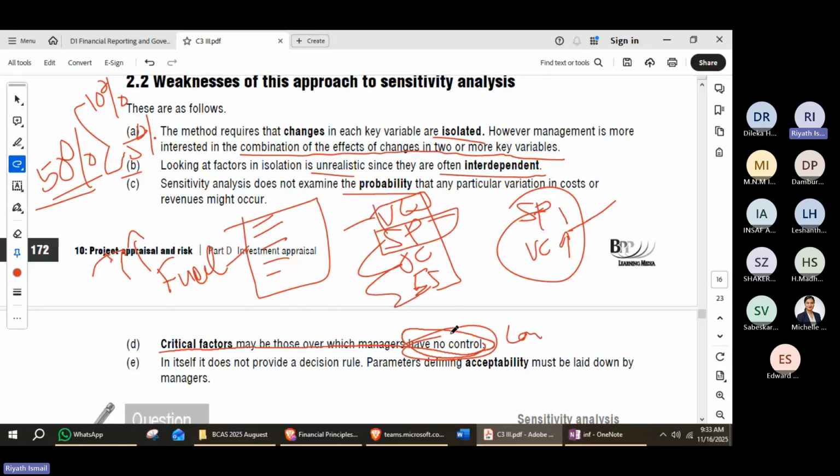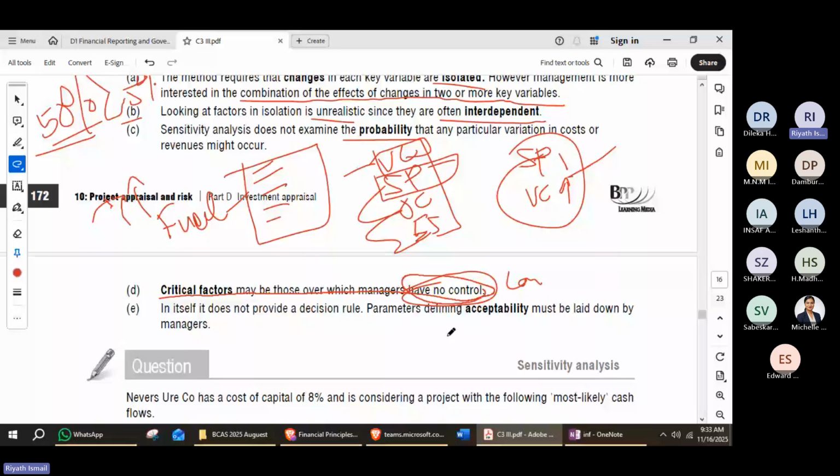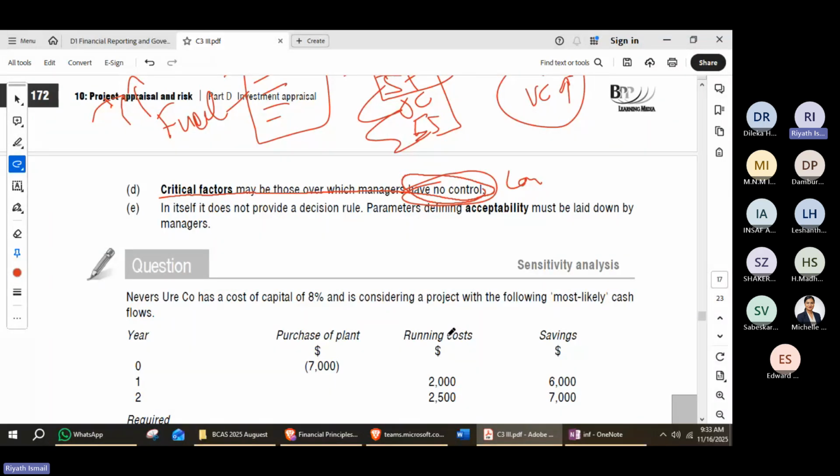Sometimes material price, managers cannot control. Even though they are identified as a critical factor, management cannot control. The selling price of the product depends on market competition. If the company is a monopoly or oligopoly, they can handle prices, but